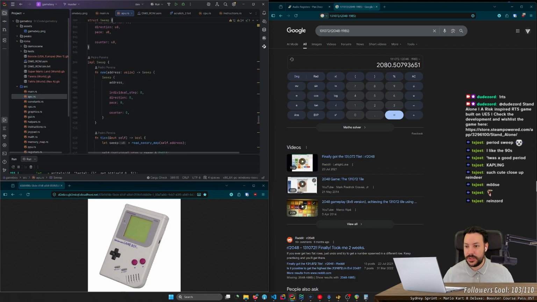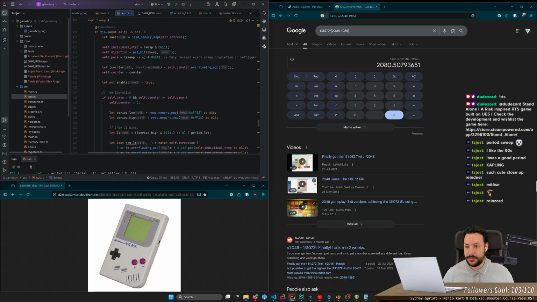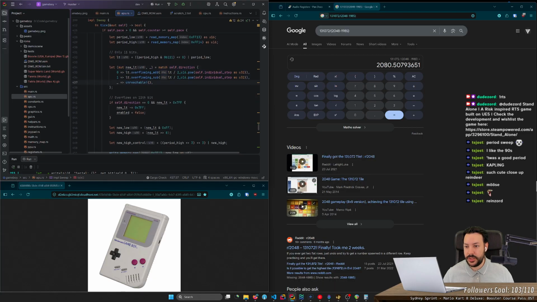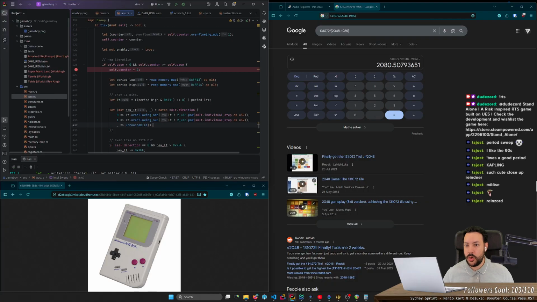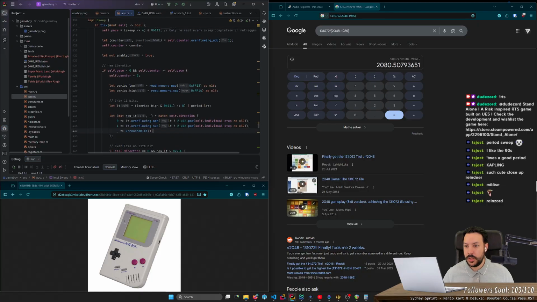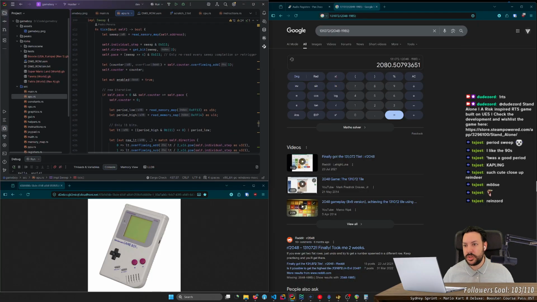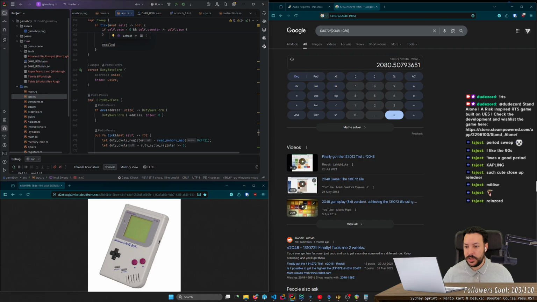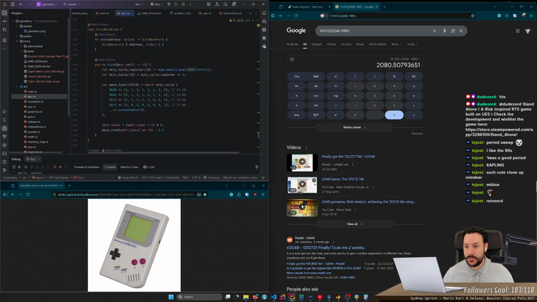Okay, so apparently the sweep is not doing anything here, meaning that we are not modifying any of this. So hopefully, if I put a breakpoint there, nothing ever happens here. Okay, good job. So we are not actually doing anything here, meaning that we are not modifying the period there.